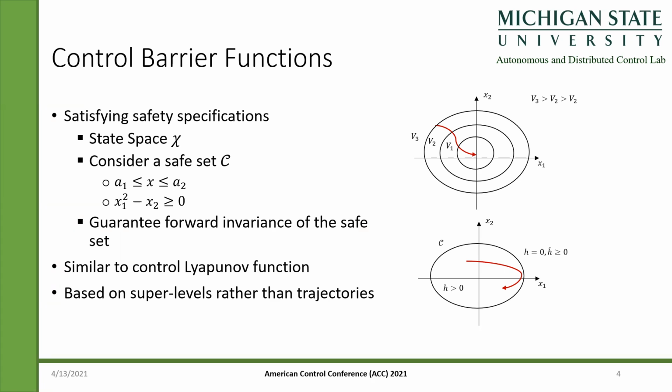How this control barrier function works is similar to control Lyapunov functions. I give this example to make it closer to mind. If we have a Lyapunov function V whose derivative is negative and the level sets are constantly shrinking, this forces the trajectory to converge to the origin. We have a similar story here as well. Assume that we have a function h, which is positive within the set and 0 at the boundary. Now, if we have a positive derivative at the boundary, when the trajectory gets close to the boundary, h dot becomes positive, therefore h increases and the trajectory of the system will be pushed back inside the set and the safety will be preserved.